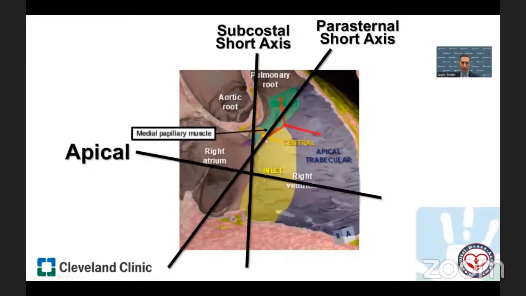And you can see how that gives us a nice cut, being parallel to the basal ring, but then also showing the area that would open to the outlet of the right ventricle. Our subcostal short axis view gives a very nice cut more obliquely across the aortic valve, but then very parallel to the atrioventricular valves, and specifically the tricuspid valve. We can cut right down along the hinge line of the tricuspid valve leaflets, to give a nice short axis en face view of that. So that gives a very nice view of understanding inlet extension of these ventricular septal defects.